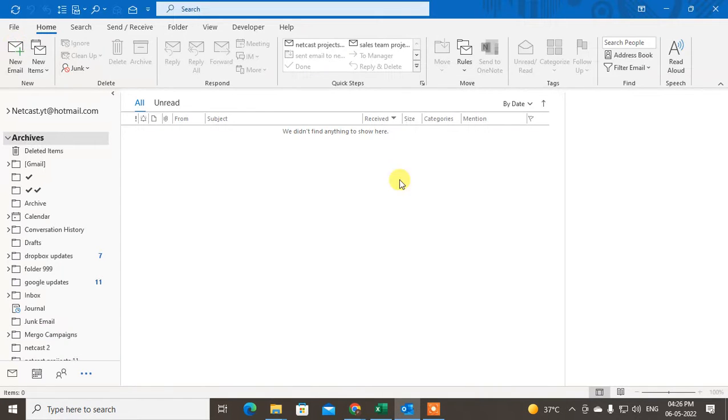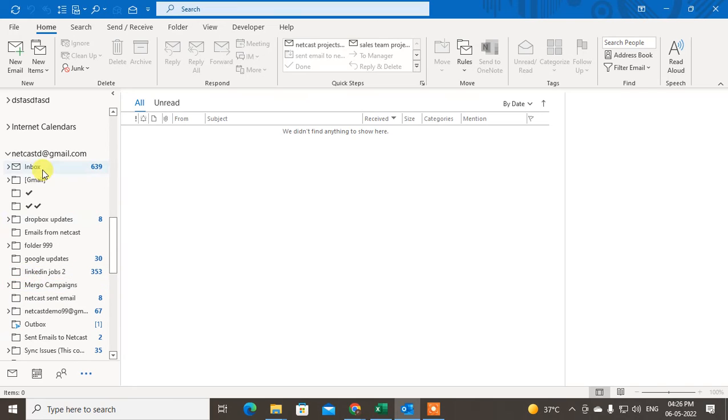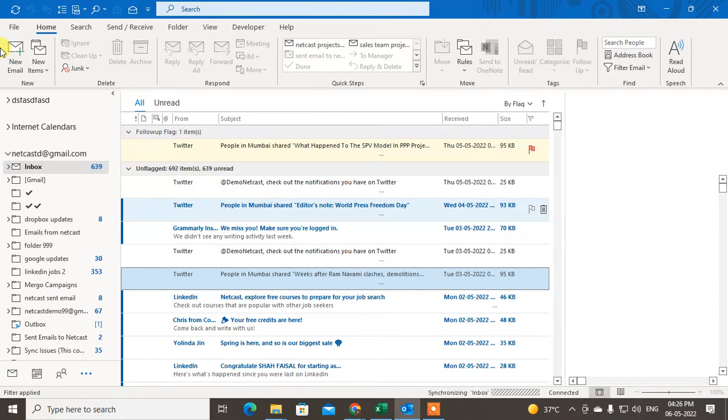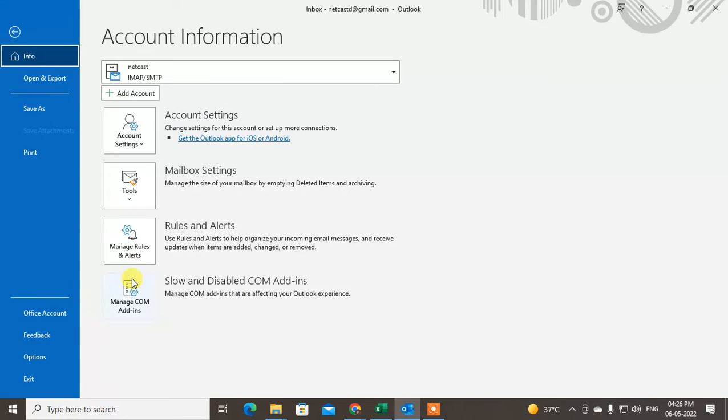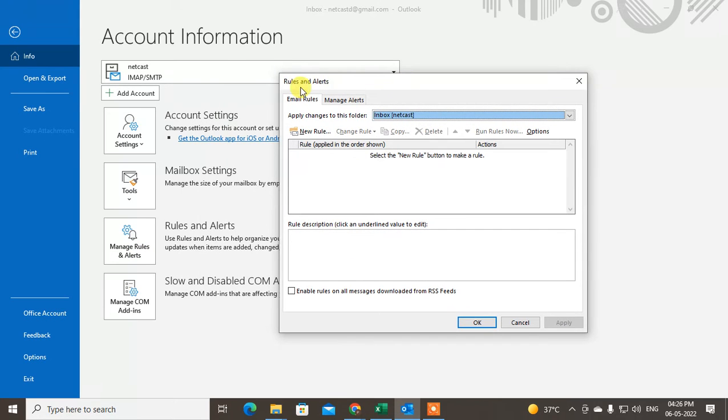So first, open your Outlook here, and you can see I'm on Outlook. In order to create rules, go to File and jump into Manage Rules and Alerts, and here you can see all your rules. If you're using more than one email ID or mailbox, you can see all your emails here. Just select the email that you want to apply these rules to. I use this email. Now just create the new rule